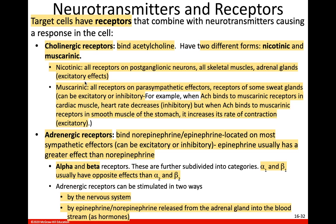It excites it to generate an action potential so then that postganglionic neuron can release neurotransmitter at its terminal end. And then again, our adrenal glands also have nicotinic cholinergic receptors, meaning that when acetylcholine binds to the receptors on those cells of that adrenal medulla, it excites that adrenal medulla. What does it excite those cells of the adrenal medulla to do? Well, we already know that. It excites them to release epinephrine and norepinephrine, which will then go into the bloodstream, travel throughout the body, and